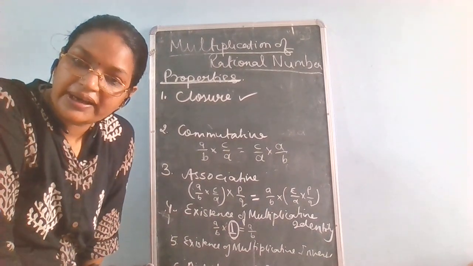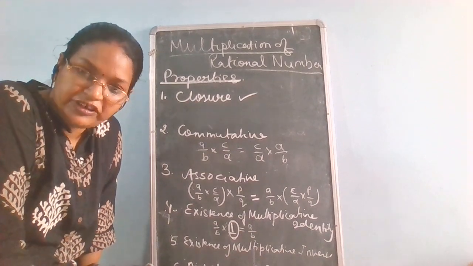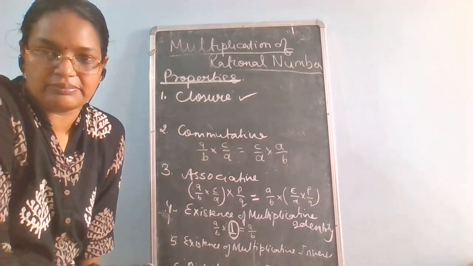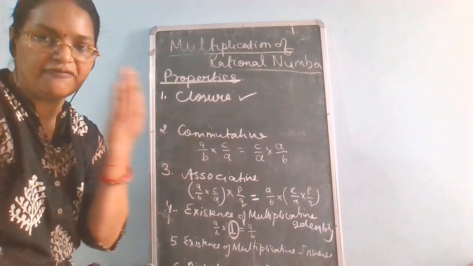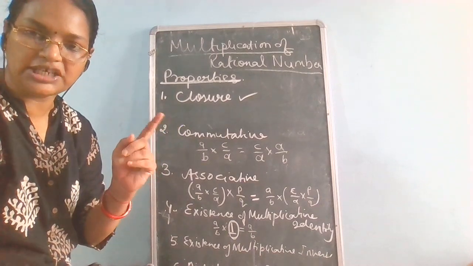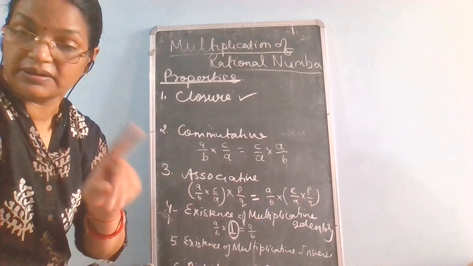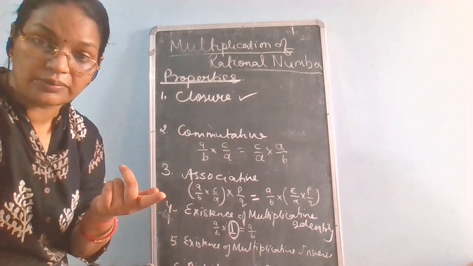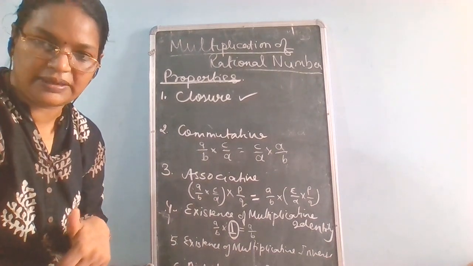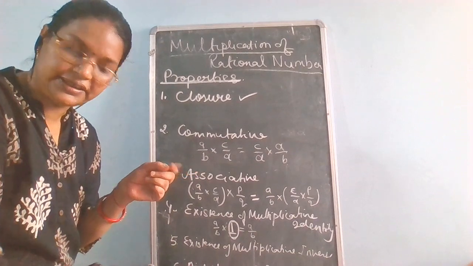What is the additive identity for rational number? 0. Because in every rational number when we add 0, we will get the same rational number. Identity means the mirror reflection. The same thing I am getting. So in the multiplication case, if I am multiplying by 1, then I get the same number. If I multiply by 0, I get 0. So 0 is not the multiplicative identity. 1 is the multiplicative identity. 0 is the additive identity.